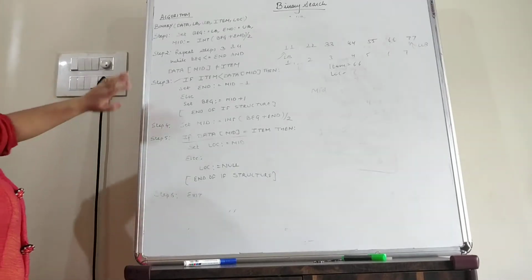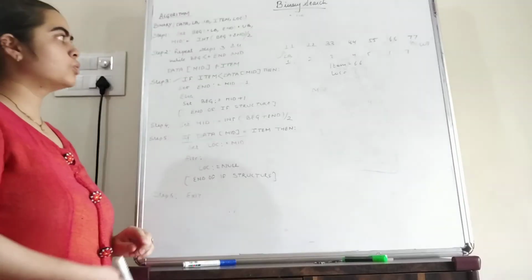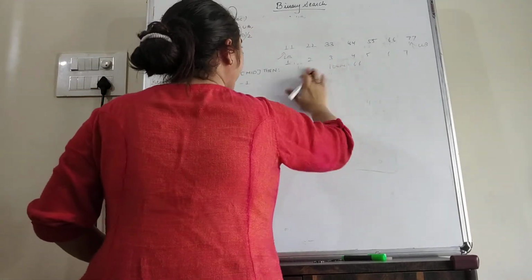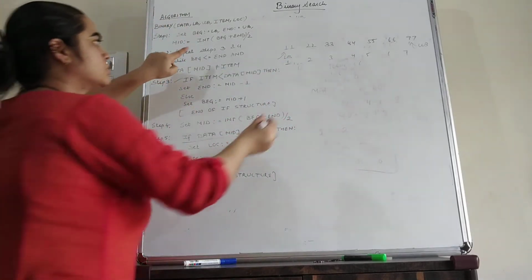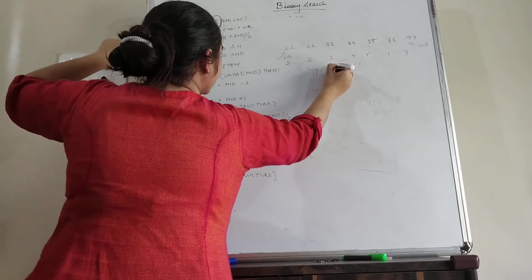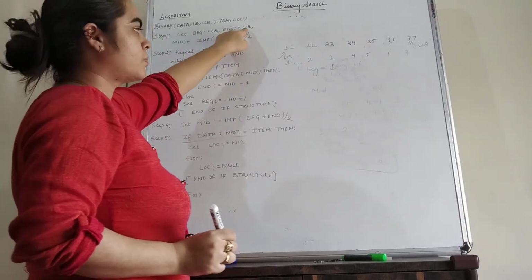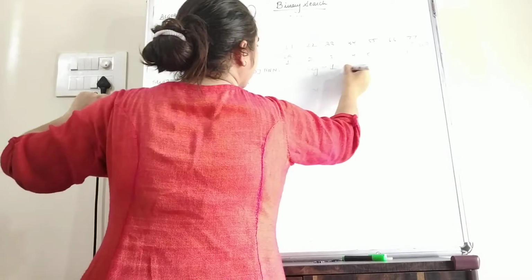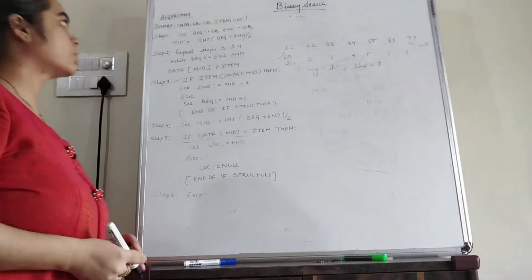Now you can see the step number 1. Here step number 1 means set beginning is equal to lower bound. That means the value that is in the lower bound, we can set that value into the beginning. So here the lower bound is equal to 1. That means we can set the beginning is equal to 1, and afterwards end is equal to upper bound. That means the value of the upper bound we can set into the end. So here the end is equal to 7 because the upper bound is at 7th location.